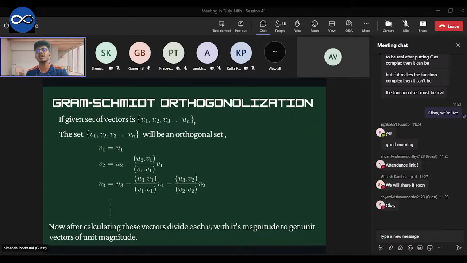Okay, Gram-Schmidt orthogonalization. Let's say you have a vector set u1, u2, u3 till un, and I want to form a vector set v1, v2, v3, and so on, such that this vector set is an orthonormal basis of our original vector set, which contains u1, u2, u3, and so on. Right. What do I do now? Okay, so first I consider a reference vector. It could be any of these actually, but let's say I'm taking u1 as the reference vector. I need to take this reference vector